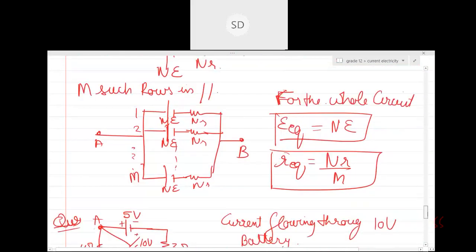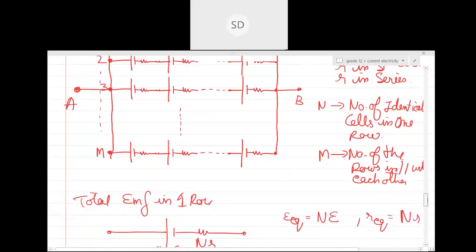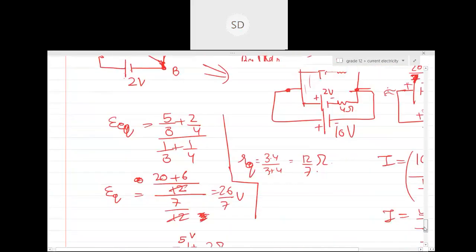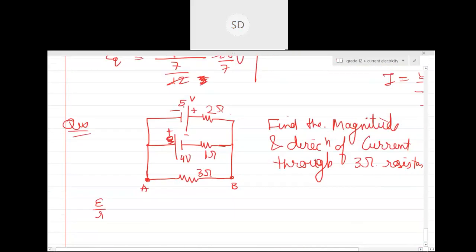So can you see here E1 by R1, E2 by R2. So you don't see only E1 this time. You see E by R. Whichever E by R is greater, that is why. See how cleverly I framed the question. 5 by 2 is 2.5 and 4 by 1 is 4. Are you getting my point, guys? So even if it looks like 5 volt is sending more current, no, 5 volt is not able to send more current because of this 2 ohm resistance.